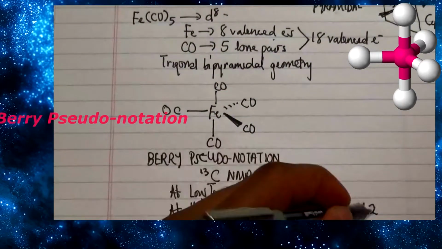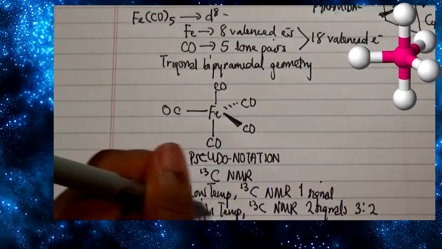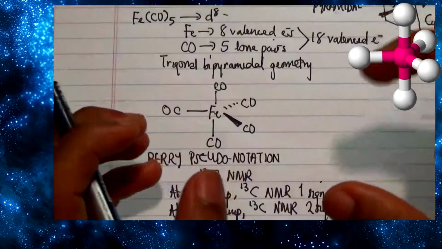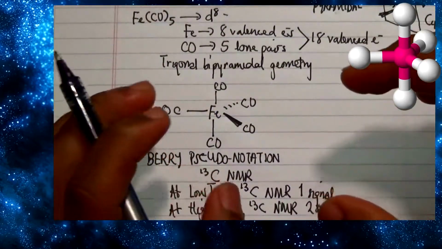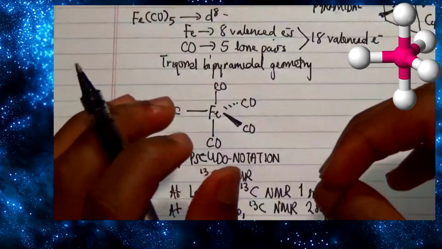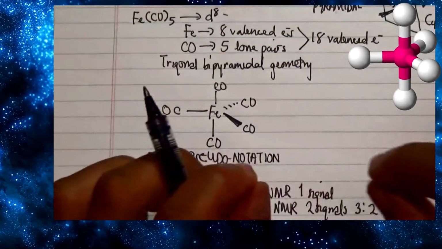This ratio is caused by the Berry pseudorotation, because at high temperature there is an interchange between the axial and equatorial positioning of our CO bonds, and high temperature also increases the kinetic energy that causes this transition between the axial